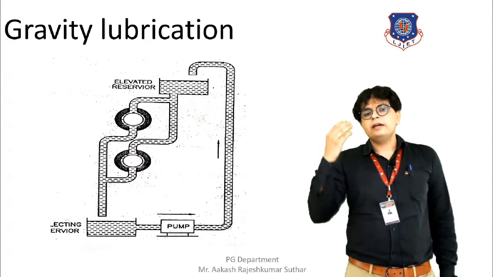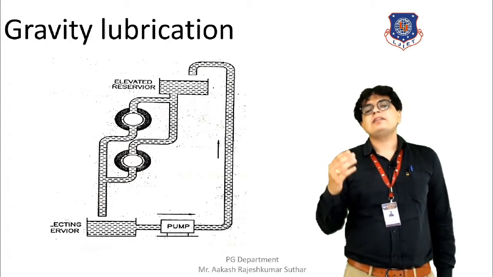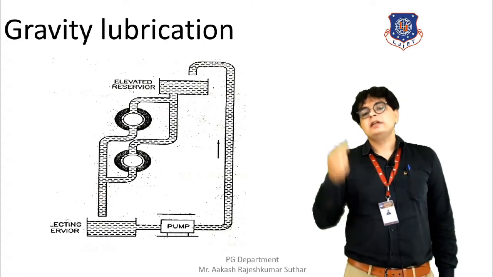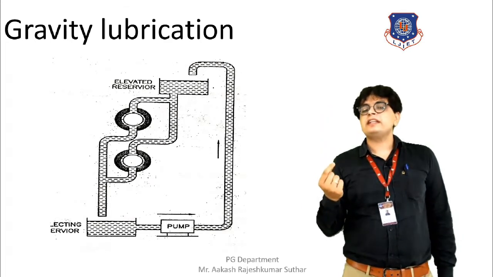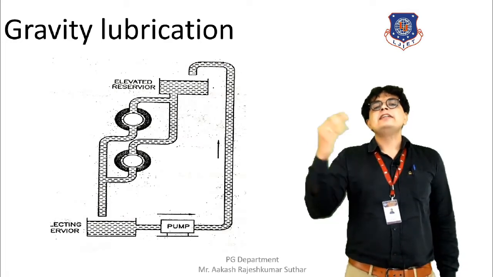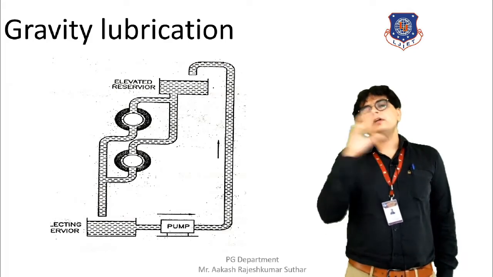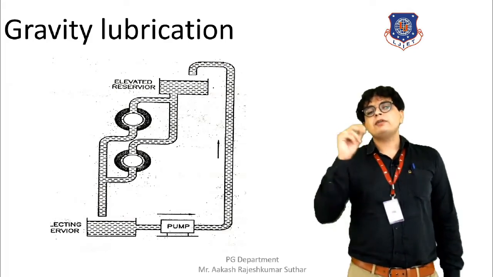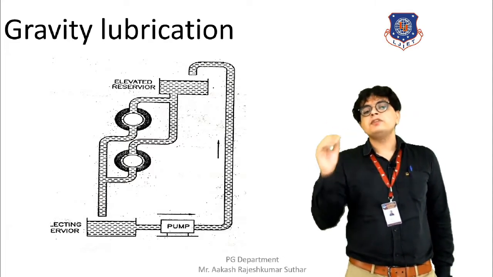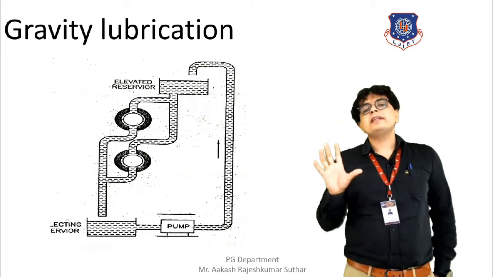So in the path of the downward direction, we will be providing the bearings and the valves where the lubrication will be provided. Under the gravitational action, the lubricant will move in the downward direction, and by itself it will be applied to the required bearing or the required location, and it will move further, and ultimately the overall lubricant will be utilized.